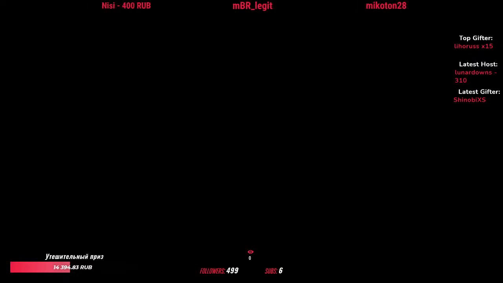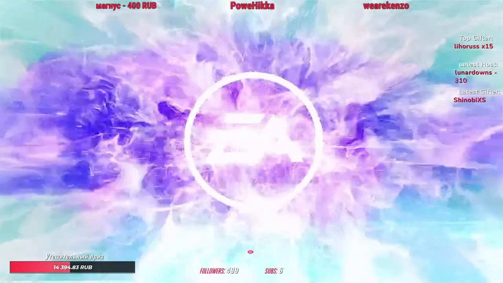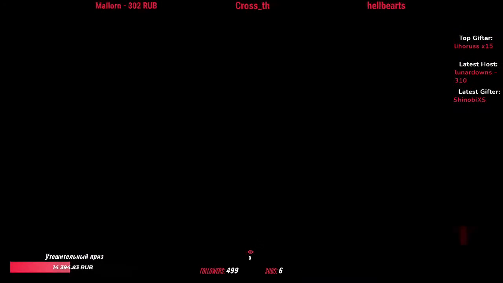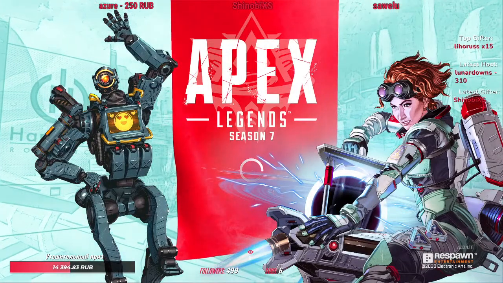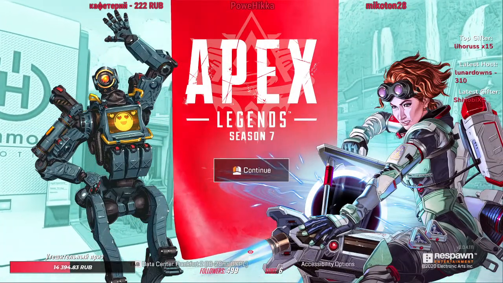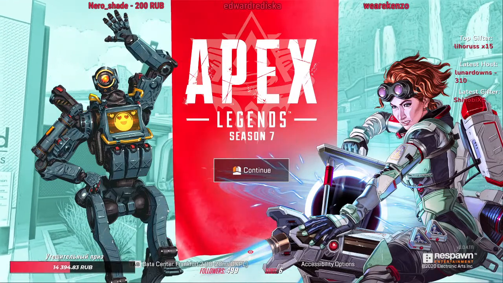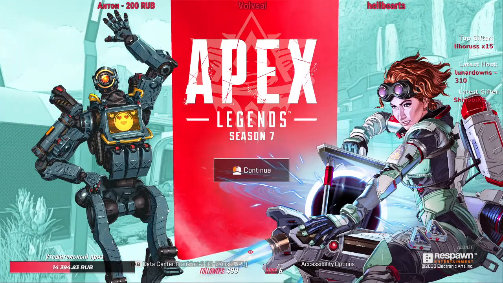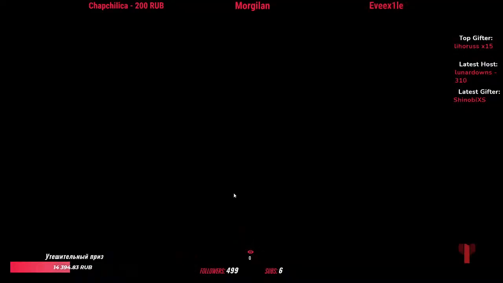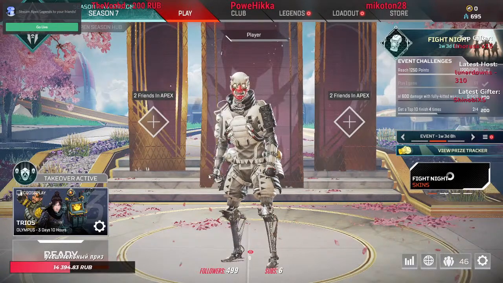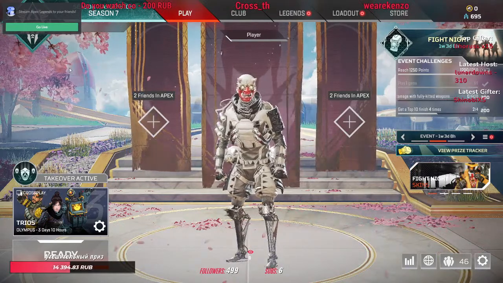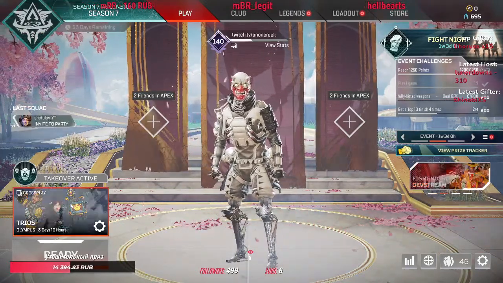Model detail. Now this can greatly affect the GPU performance as well. It is VRAM dependent, so depending on how much frame buffer you have in your graphics card, 4 GB, 6 GB, 8 GB, 3 GB, you're going to want to turn it down. So set it to low for the best experience. Effects detail is for stuff like explosions, and it is CPU and GPU dependent, so that's one you're going to want to turn down. So let's turn that down to low. Impact marks. Again, this one doesn't really affect performance too much, but you do want to set it to low just to make sure everything is going to run smoothly, and then same for